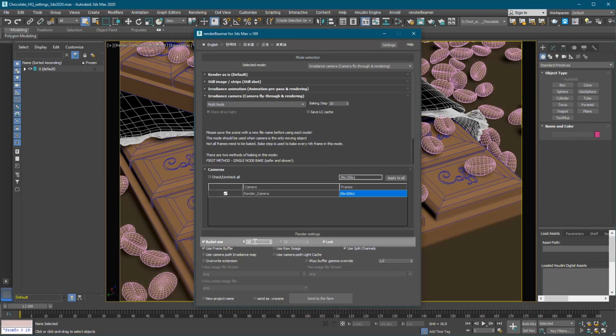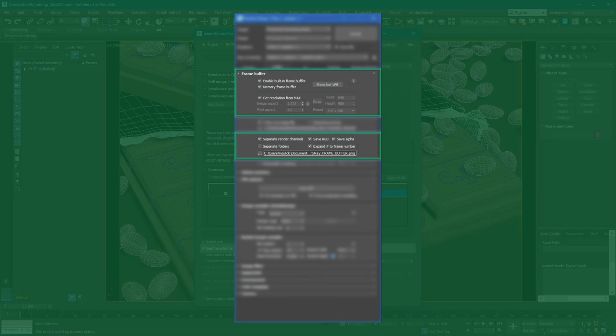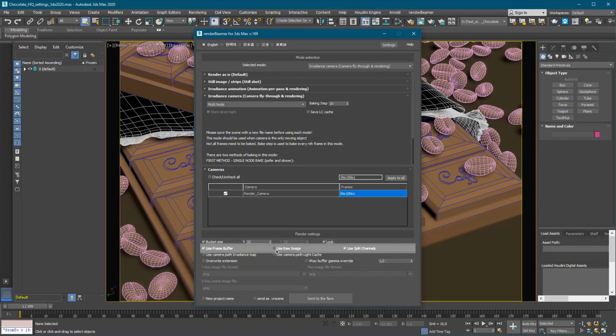The Render Settings section allows you to adjust the bucket size, width, and height. There are 3 output options available through switches. Use Frame Buffer enables the V-Ray Frame Buffer output, which should be used with the Use Split Channels switch to save frames, as the V-Ray standard frame buffer is separated into RGB channel and alpha. The next output switch is Use Raw